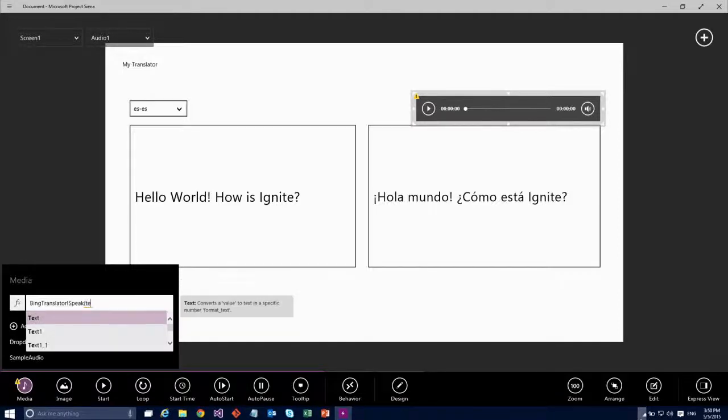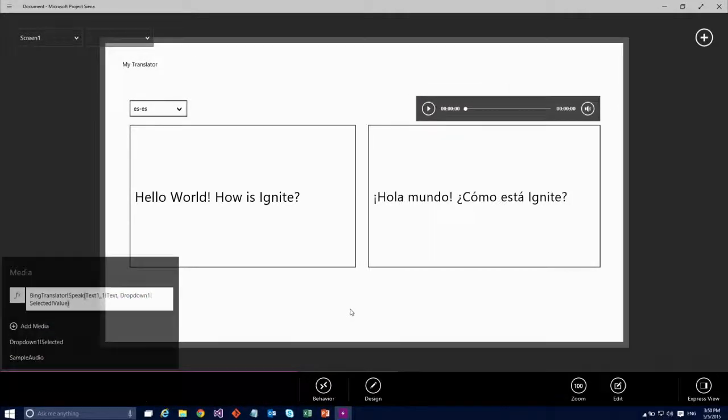So I'm going to go ahead and it says, well, what text do you want to talk back? I know that it's the text box on the right. And then it says, what language do you want to speak this back in? Because it can actually do some really cool accent stuff. If you're ever bored and you want to try this out, I'd suggest trying speaking back French translated in a German accent, which is particularly good. So you can actually go in here and then say the drop down.